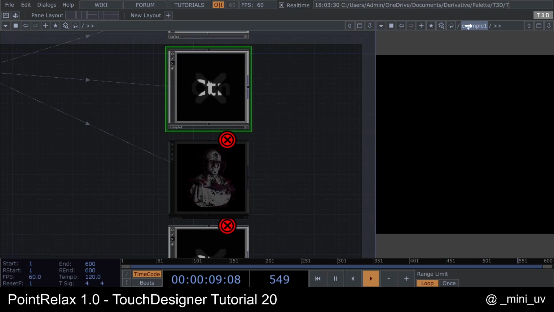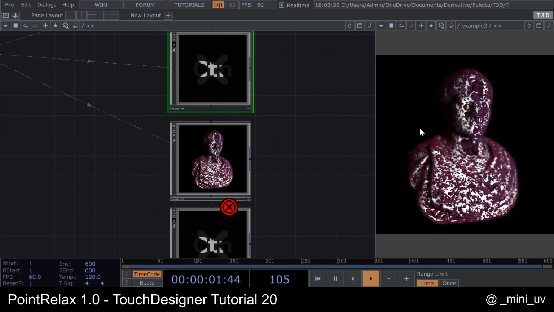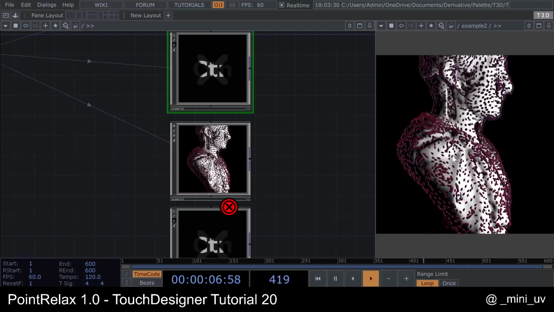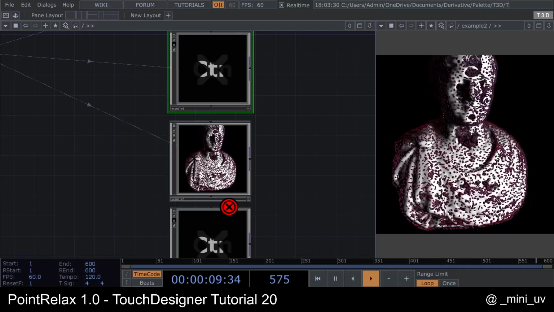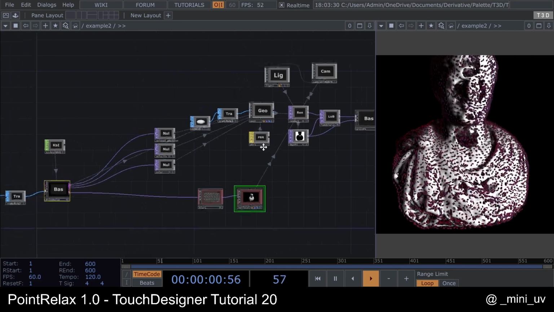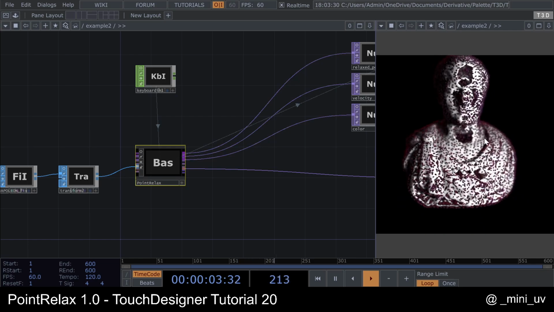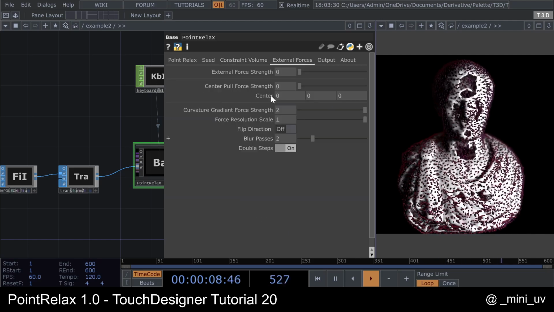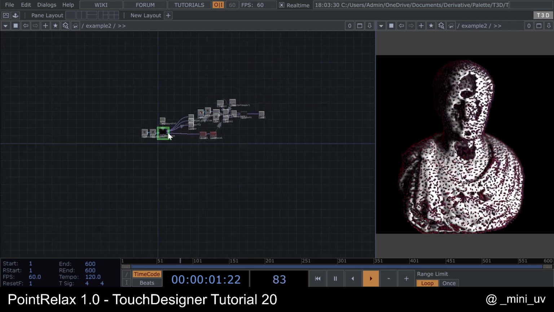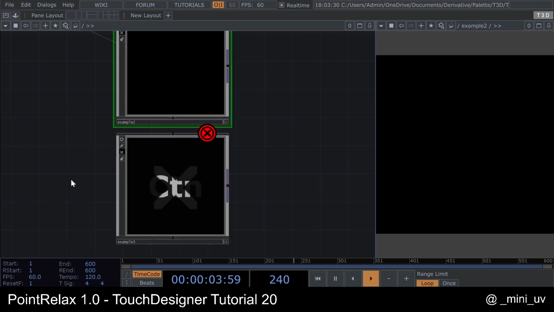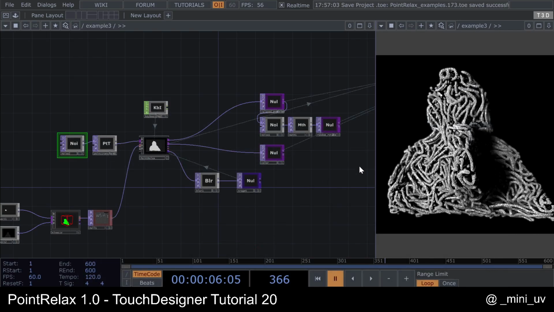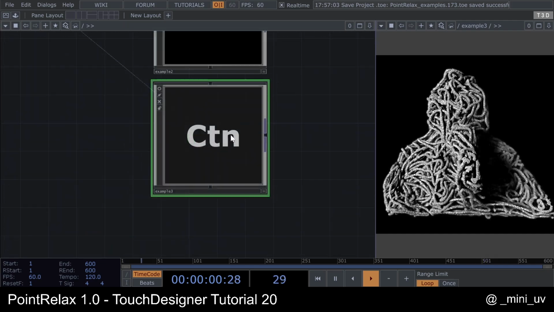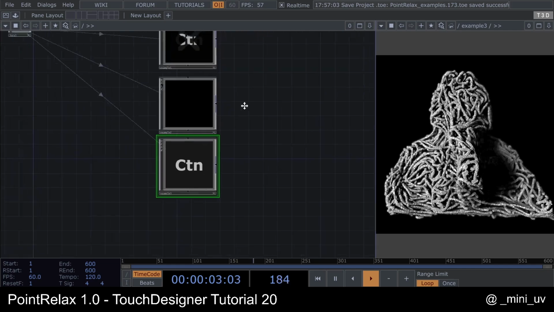Another example, let's just reset, yeah, is moving the points along the curvature of any mesh using the point relaxation also. Which is a built-in feature over here on the external forces. Yeah, and the latest example, it's the one that I've showed, which is this one. Great,